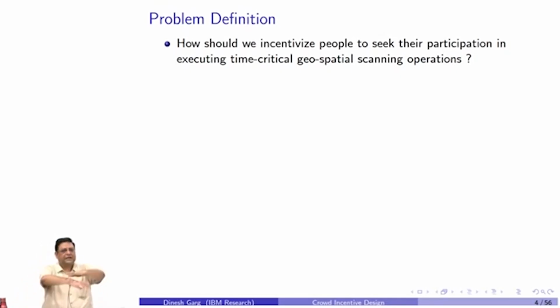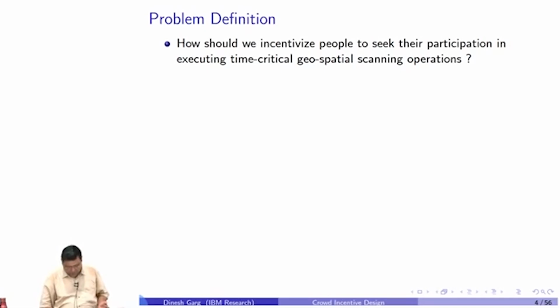It means there is a large geopolitical area, maybe as large as an entire country, suppose, and you want to scan the whole country for a certain purpose, right? Do you think that it's possible even by a single human being or single organization? It's not possible. Suppose you want to scan whole India for some purpose, you want to detect all the pockets where poverty is below or high above a certain threshold, or you want to know the disease outbreak in different parts of the country. In one shot you want to scan the whole country and get that information, you want to sense. It's not possible, right? So then you have to take the help of people. That's the better way to go, all right?